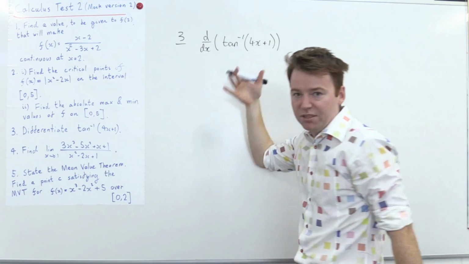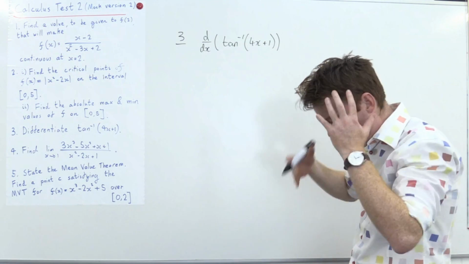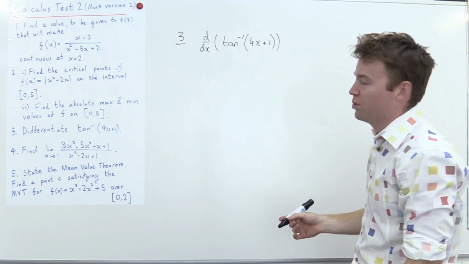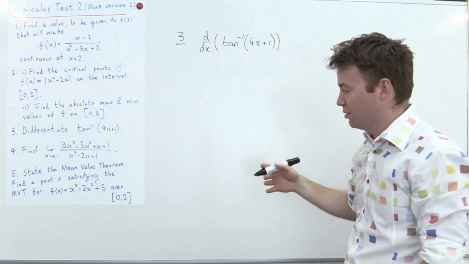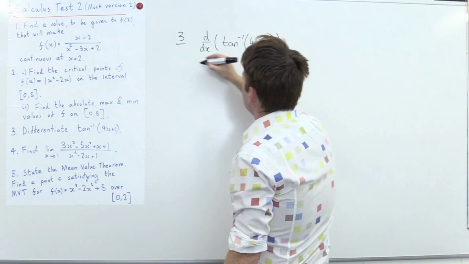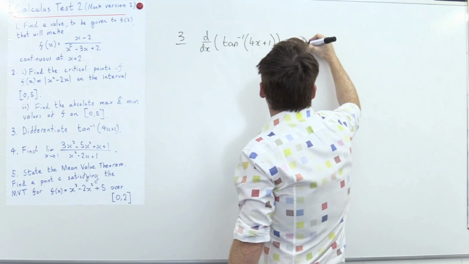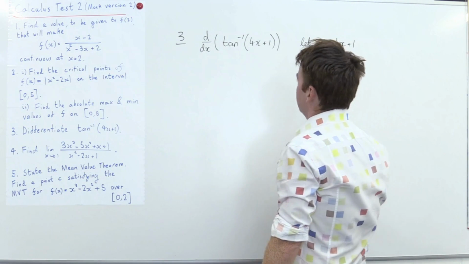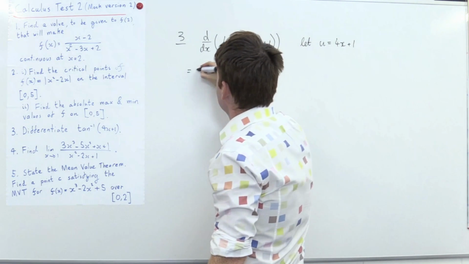Now, I always embarrass myself when I do things like this. You have to use the chain rule, but I forget where the coefficients go. So I like to introduce a variable just for my own sake, because otherwise things go bad. I'm going to let u equal 4x plus 1. Then this becomes